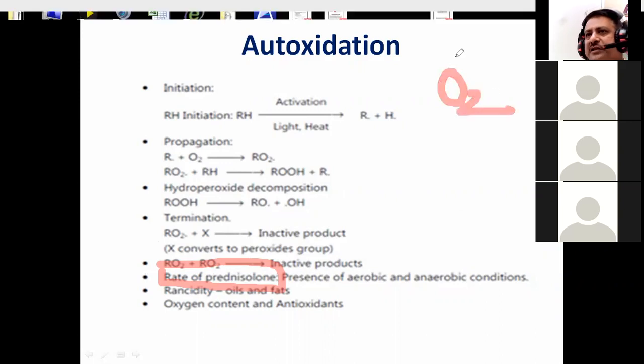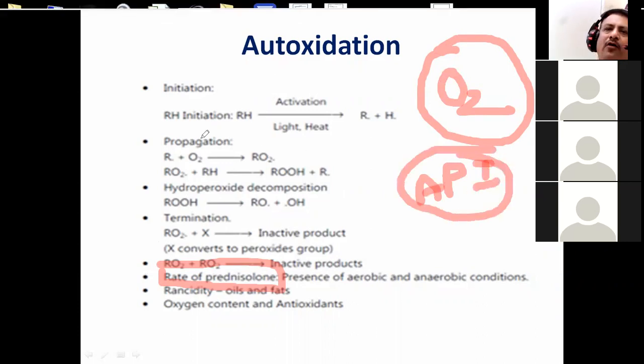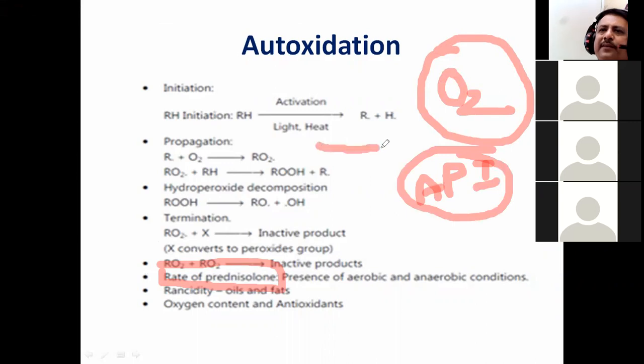Means whatever this oxygen, that is O2, which will lead to the oxidation process. Normally, if I have an API or drug which is more prone to oxidation, now, for example, if I am preparing a parenteral